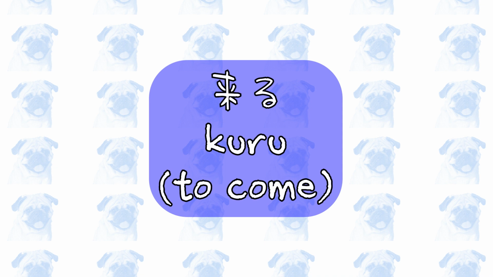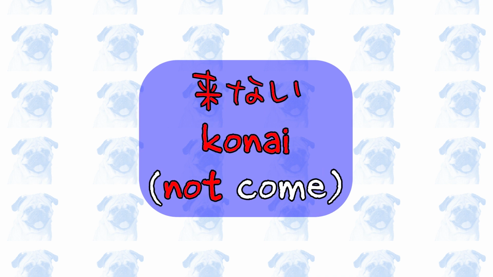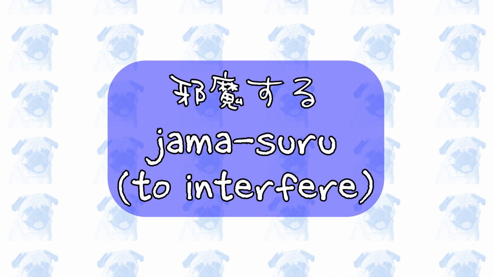来る, to come. This is an irregular verb. The ない form of 来る is 来ない、来る、来ない。